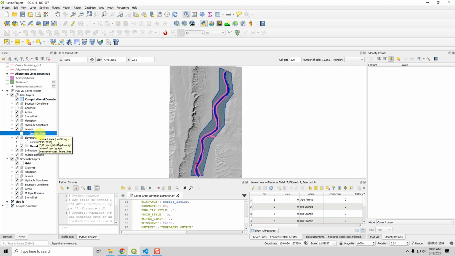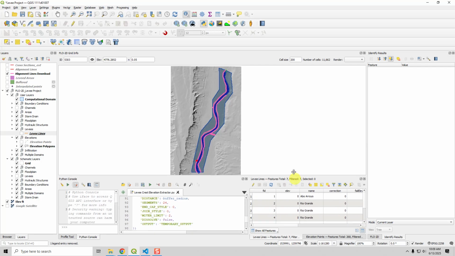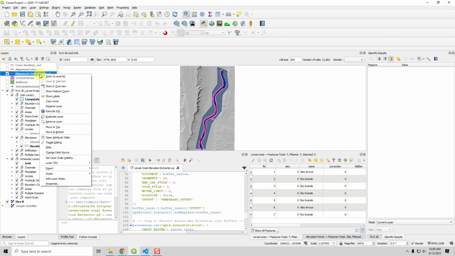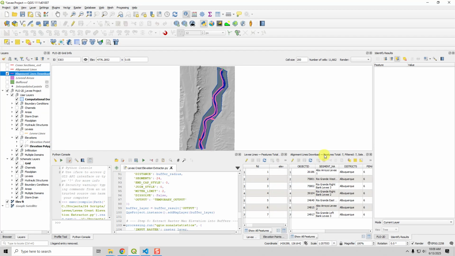So I open the attribute table of this layer right here, and you can see that it needs an attribute of name. And what do we not need? We don't need elevation, correction, fail, any of that stuff. We don't need any of that stuff at this time. So I will just ignore the rest. But what I do need is to transfer this data from here into here. And before I do that, I need to make a minor modification to this data because I do want these names. So if I come down here and right click and open attribute table,